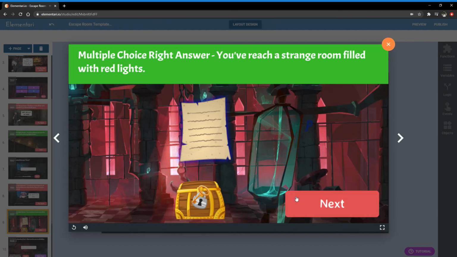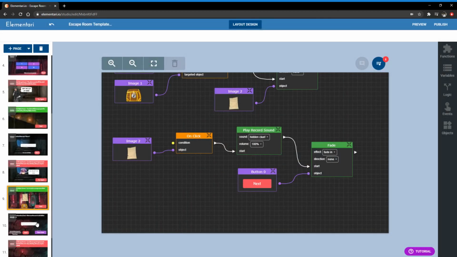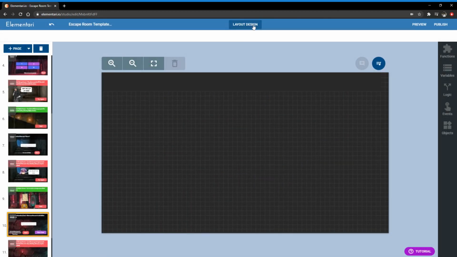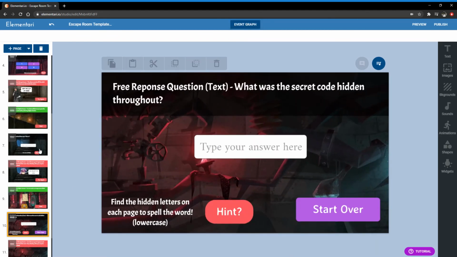Great, so that would be how it would work. And then I can continue on and press next and go to our last puzzle. Our last puzzle is very similar to the second puzzle in that it is a free response question again. And in this case, it's not a typical quiz sort of question. There are these hidden